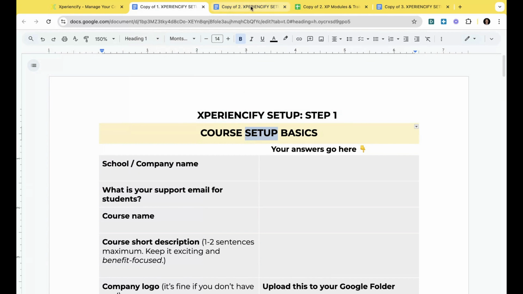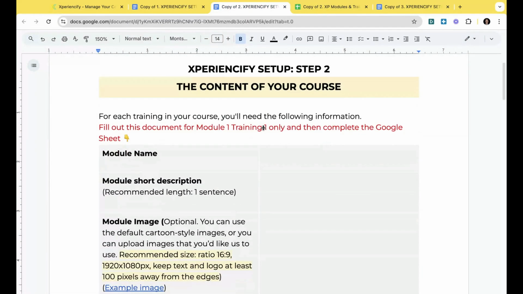The second thing that we would have you do is actually think through the content of your course. Now, you're an expert in what you do. It could be legal, it could be medical, it could be health and wellness, it could be technology, it could be marketing, it could be business. Whatever topic it is, you're the expert.